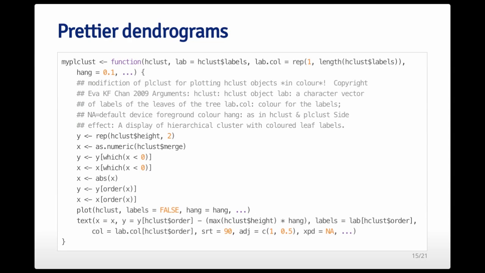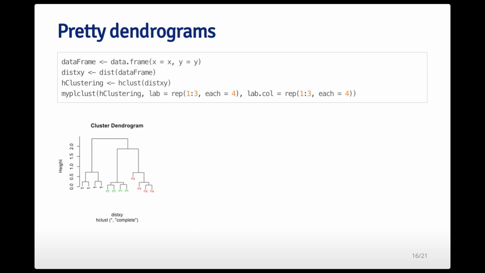So the cluster dendrogram that's produced by default in R is relatively nice, but it is possible to make it a little bit nicer. So this myPL cluster function, which is available on the course website, you can download it straight from there. And once you source it into R, you can get this function, which in turn produces a cluster dendrogram, but